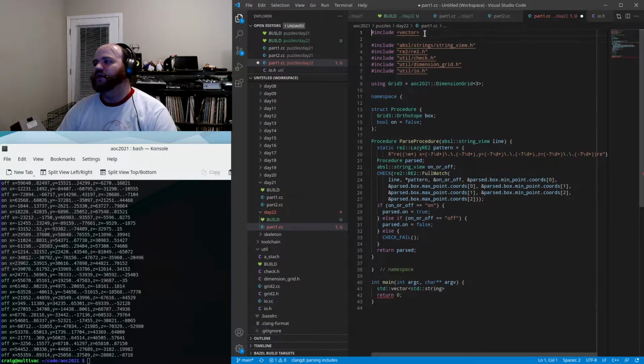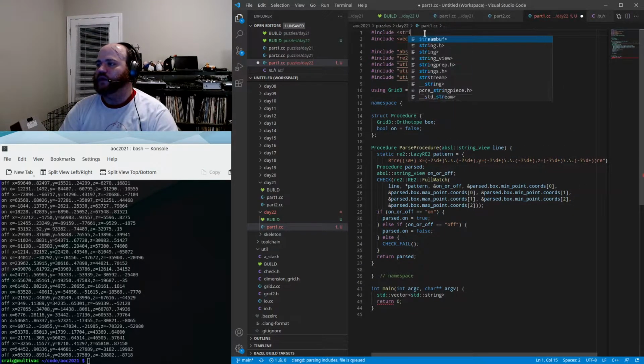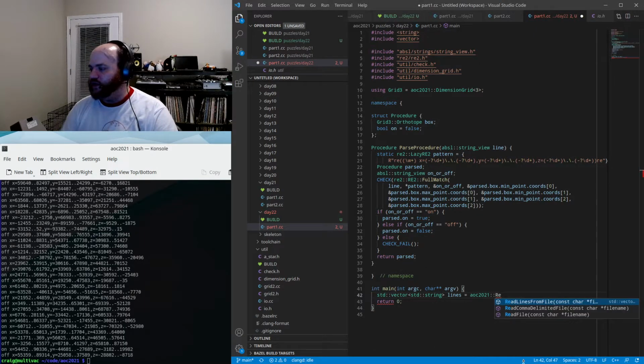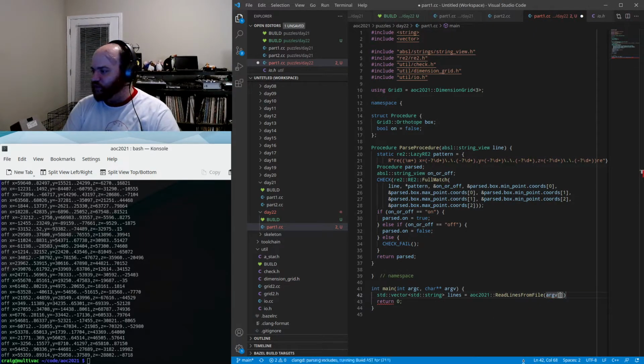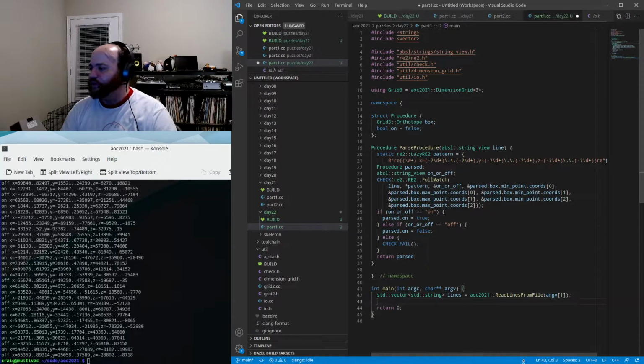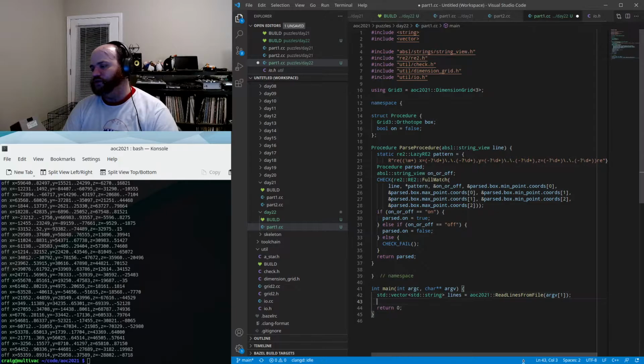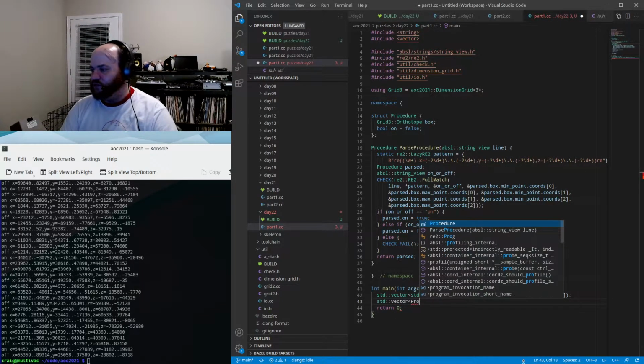Come on. I want strings. Include string. Okay. And we're going to use our read lines from file function. Sorry, we need to actually name that variable, don't we? Lines. We'll do read lines from file, argv1 for the first argument to the program, and then we'll just build up a vector of procedures,